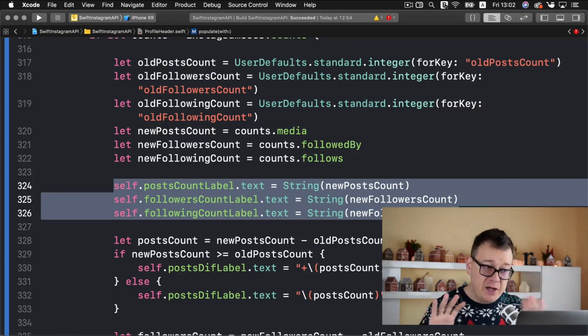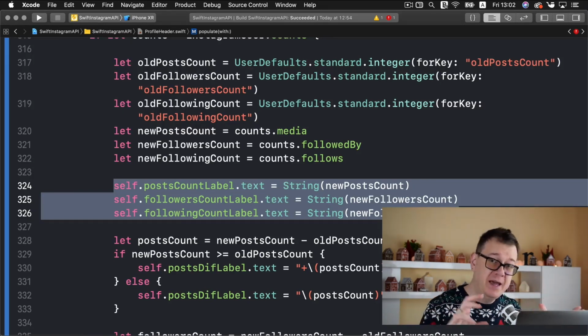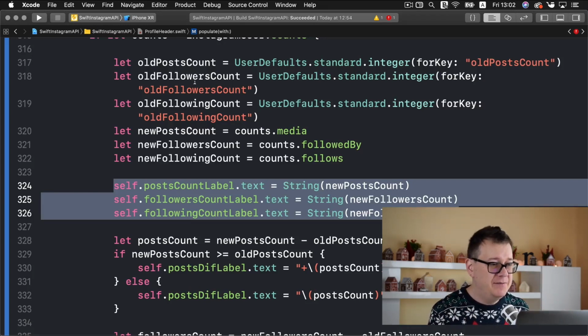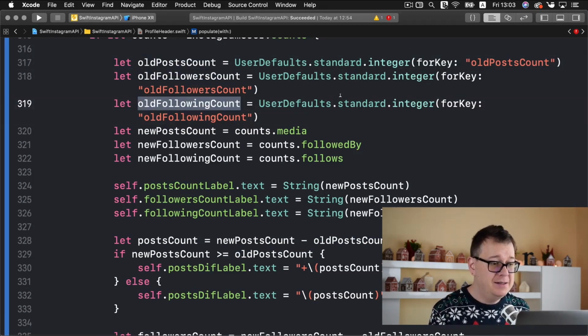Now that is what we could do, but we want to have that calculation of how many, let's say, users did we gain and so on. So first of all, we are grabbing our old post counts and followers and following counts from our user defaults,